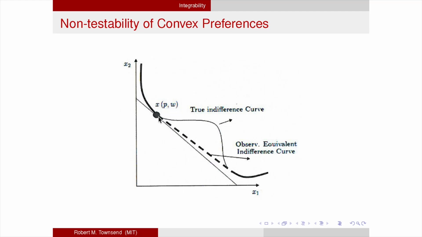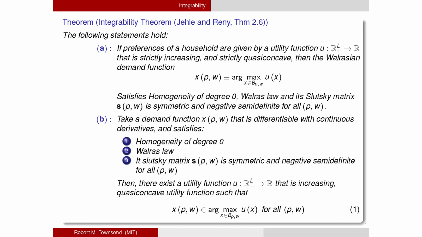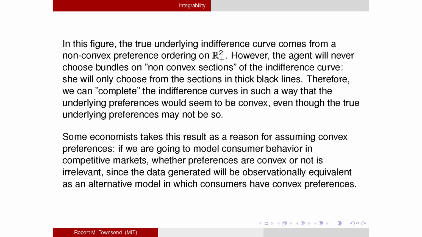And that utility function is quasi-concave. So that's the content of this statement. It's as if there were a utility function which is quasi-concave. Questions? All right. So operationally, we might as well assume convex preferences because we're not going to be able to